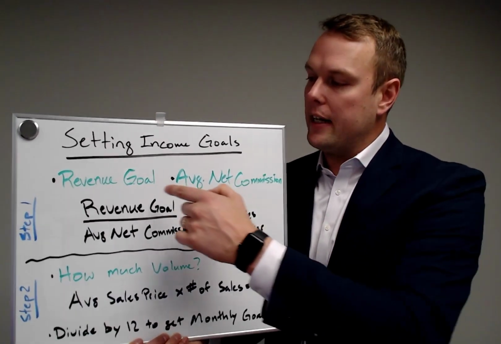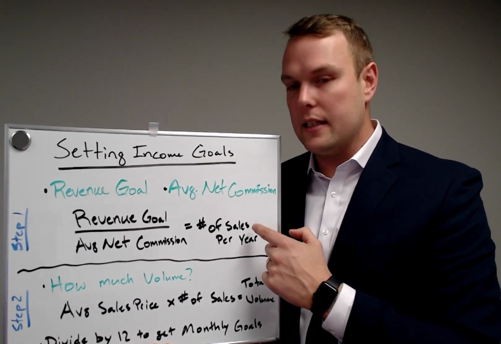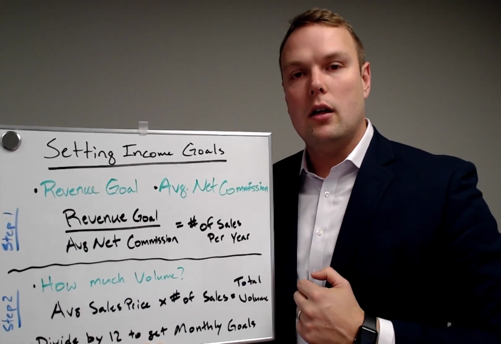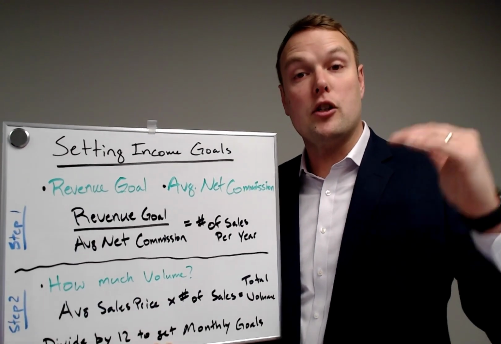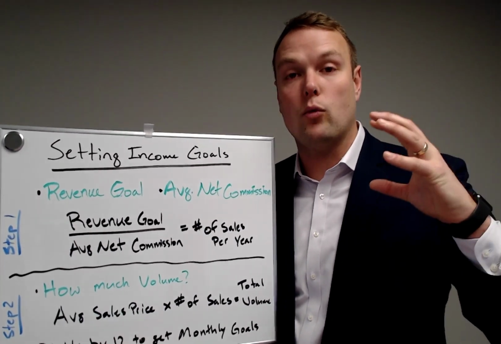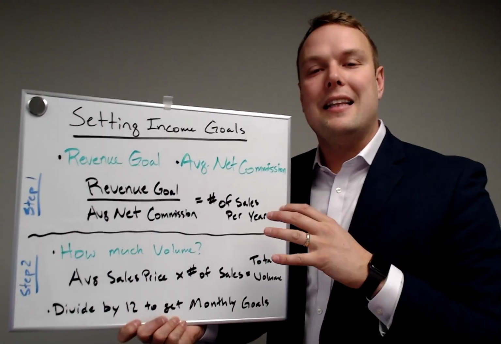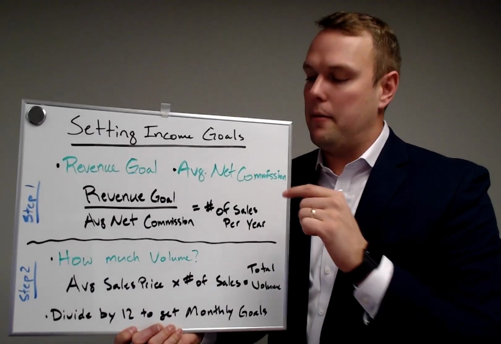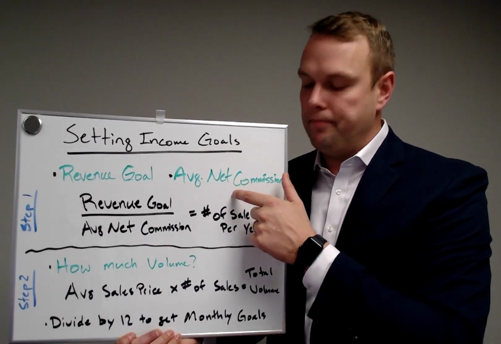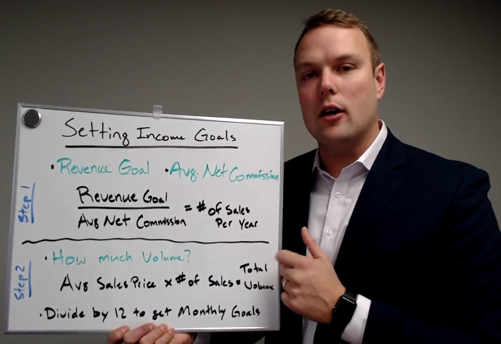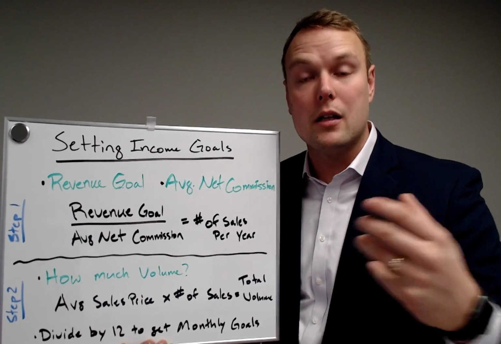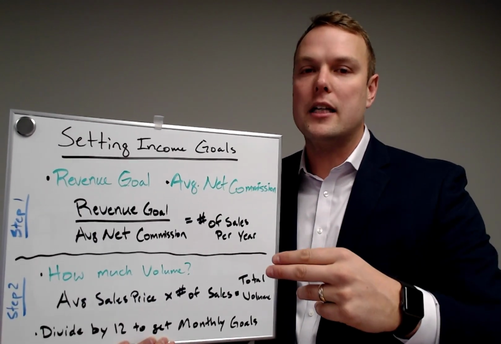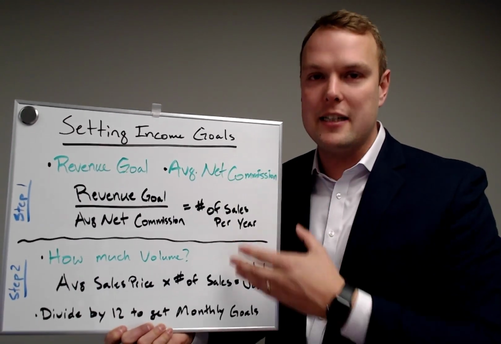All right, to hit my goal of $200,000, I need to sell 40 properties or $8 million worth of real estate. This way, when opportunities come around, I have a good gauge of what I need to do to achieve it. This gets us partway there. And again, most folks will figure this piece out. A few I know will get this far. But what gets it so that the top producers actually hit their goals of hitting the $200,000? That's our next video. This one here helps get us in that place.